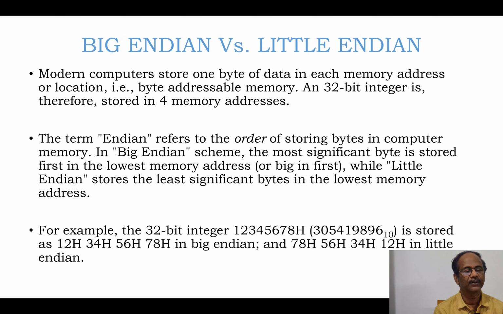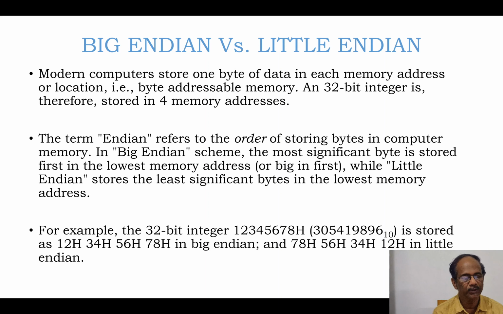In computers, you might have heard of big endian and little endian. This is referred to how data is stored in a memory. For example, if it is a 32-bit data, as we know, memory comprises 8 bits or bytes. So to store 32 bits of information in a memory, we need 4 consequent locations in sequential order. So if the system is big endian, the information is stored in such a way that the most significant byte is stored from the lowest memory address, whereas with the little endian architecture, the least significant byte will be stored in